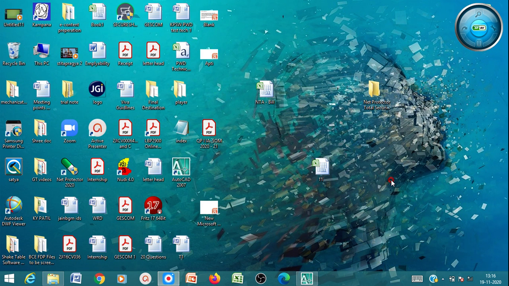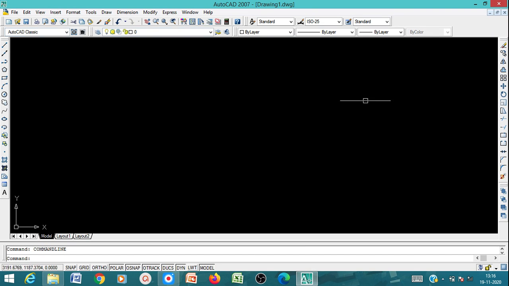Structural detailing lab. From today we are going to discuss the detailing of different types of RCC and steel structural elements by using AutoCAD software. When you click on the icon of AutoCAD, you will get this window. As this is the first session for the detailing lab,